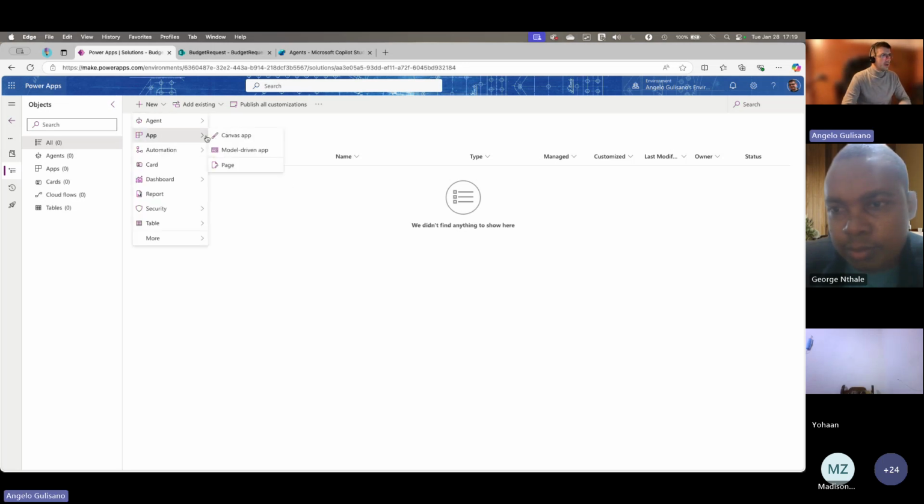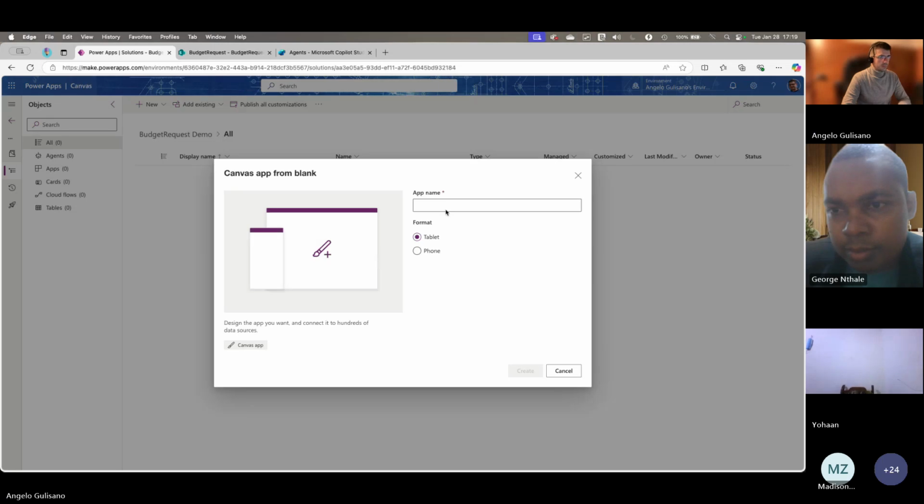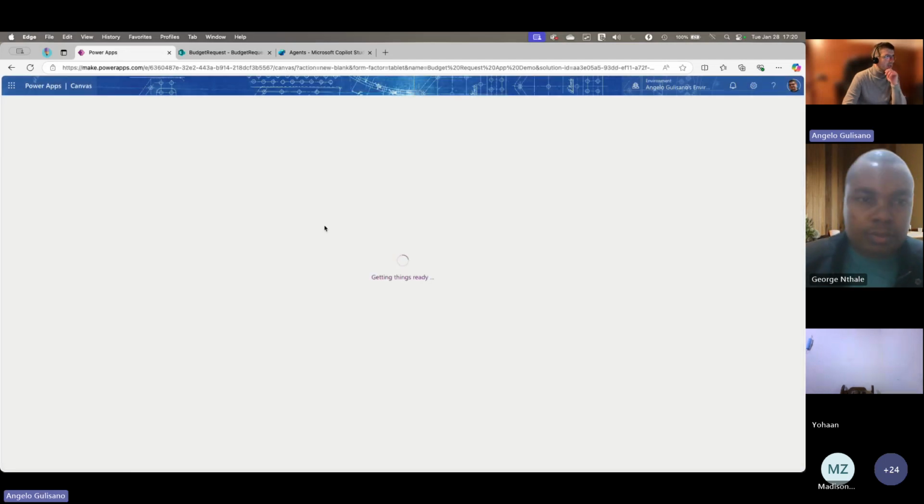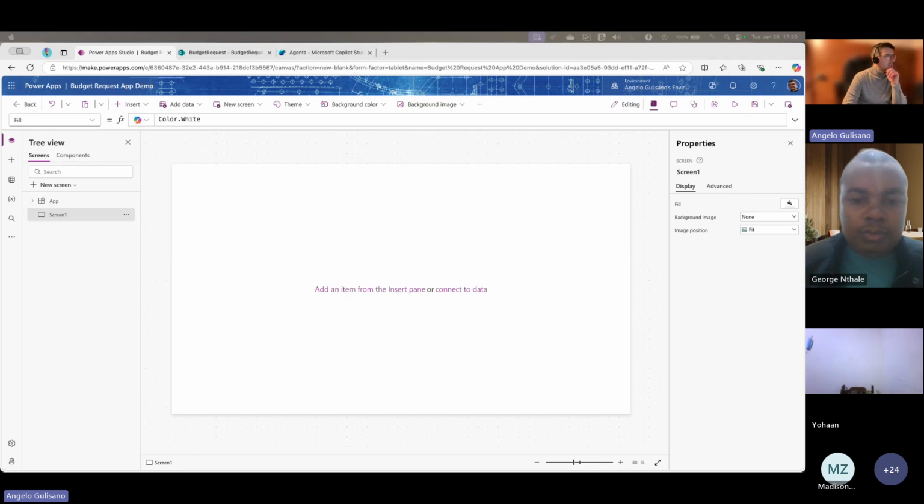So we can start with create a Canvas app. We can choose the format of our application, if it is a tablet or a phone. We can choose tablet, and we can start with develop our application. So first of all, we need to create a screen to show the request and allow the user to create a new request.